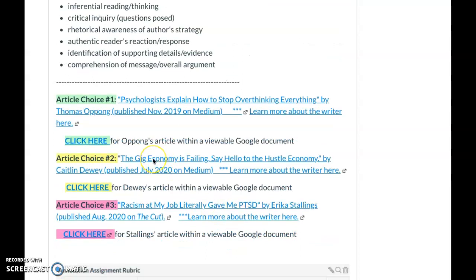So here, if you choose an article to click on, you'll notice this will take you to the hyperlink. Each of these article choices are available to you with the URL link to click on, but I know there's a limited number of times you can access each article, so I've also included it for you. If you click here or click here or click here, it'll take you to that Google document. Now, if you click on it,